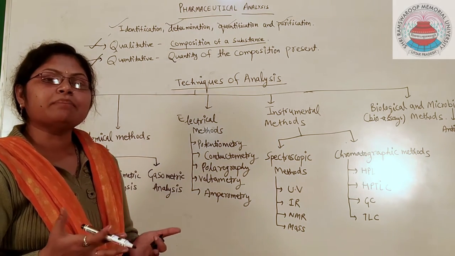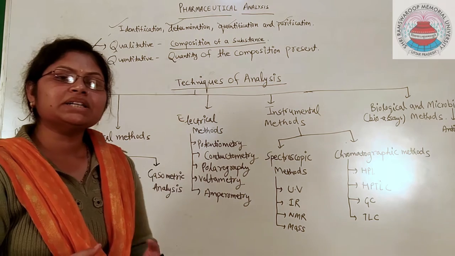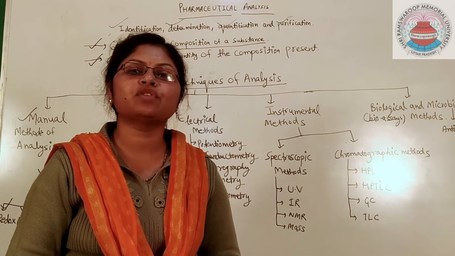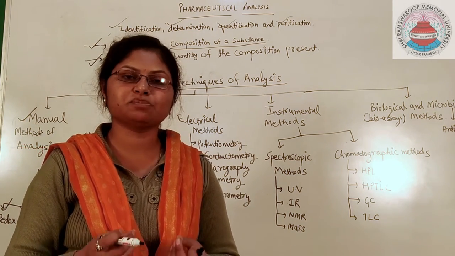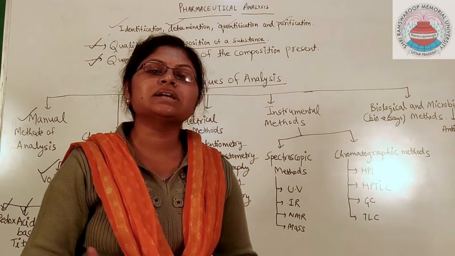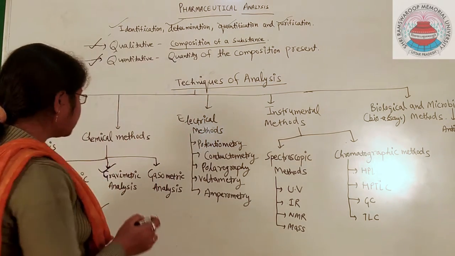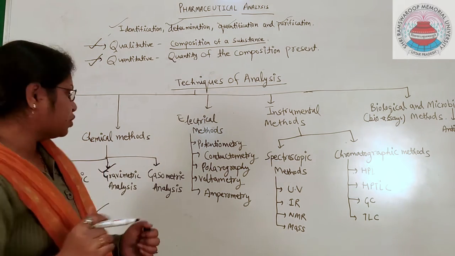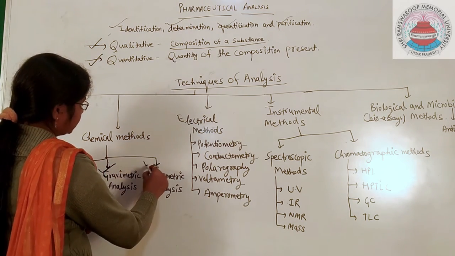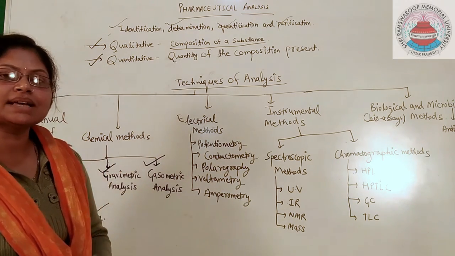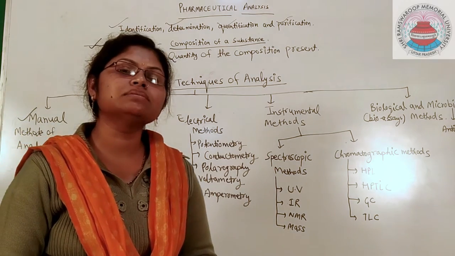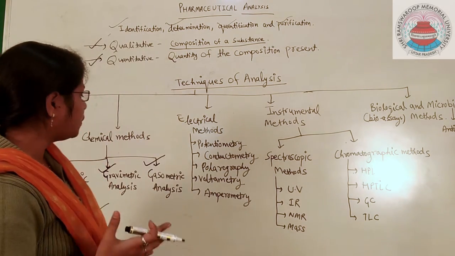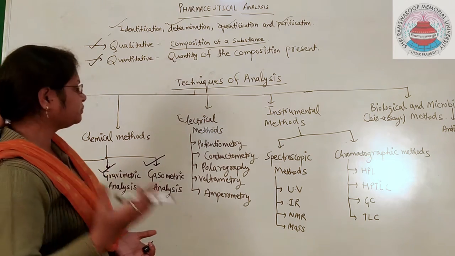The second part of the chemical method includes the gravimetric analysis. Gravi means mass and metric means to measure. In gravimetric analysis, we change our substance into its purest form, which is the precipitate form, and we then collect this precipitate and measure the mass. But the important point with gravimetric analysis is that it is a time-taking process. The third part is the gasometric analysis, which involves the absorption or evolution of gases, and depending upon this we can determine the nature of the analyte.